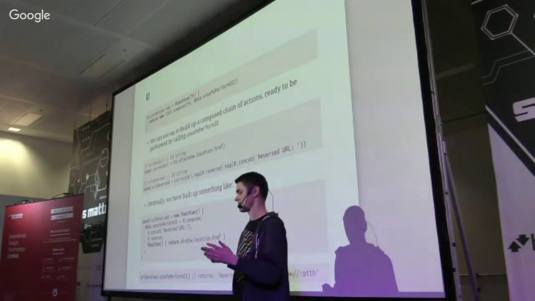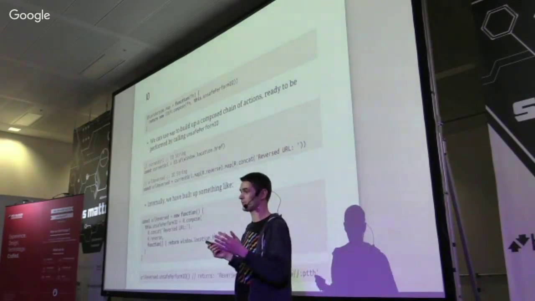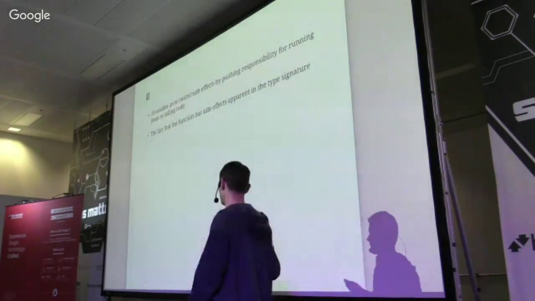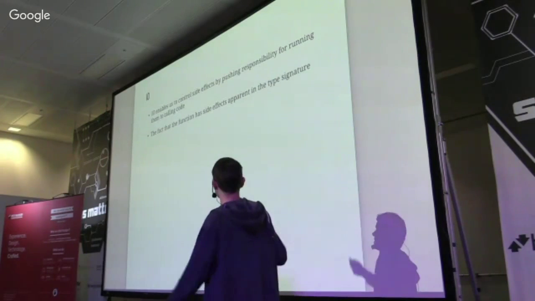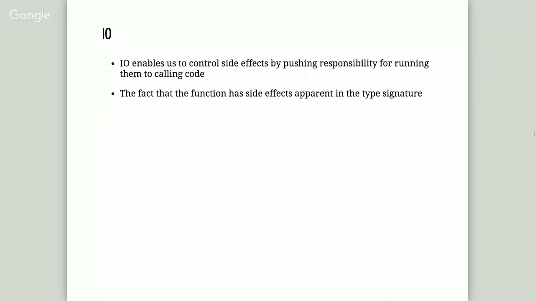But you're putting the emphasis on the person calling it to decide when that should happen rather than doing it immediately. And yeah, so this enables us to control side effects. It's certainly a basic way of doing it, and there's lots more ways of seeing functional programming. But it helps us out, and it also shows the fact that this function is going to have side effects